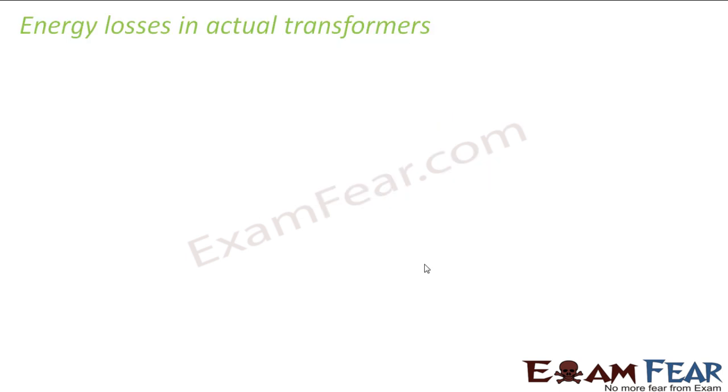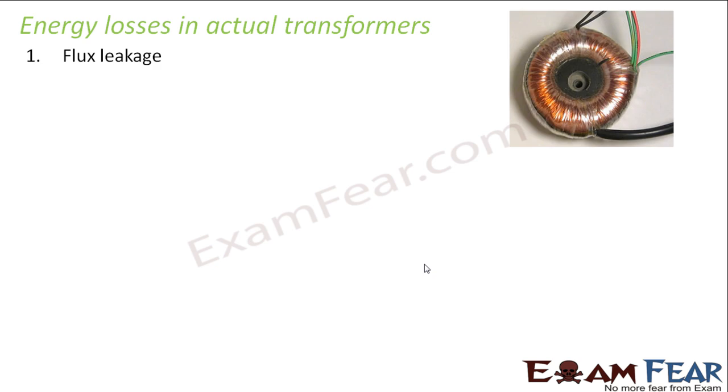So till now we were all talking about ideal transformer. When I was talking about the working of a transformer, I was only dealing with the ideal ones where I have not considered any energy loss anywhere. So I consider it to be the perfect picture. But now when you actually look at the real transformers, there are several areas where energy losses are incurred. So what are those energy losses which are seen in actual transformers?